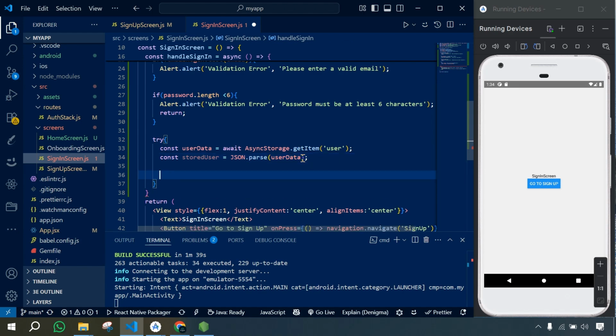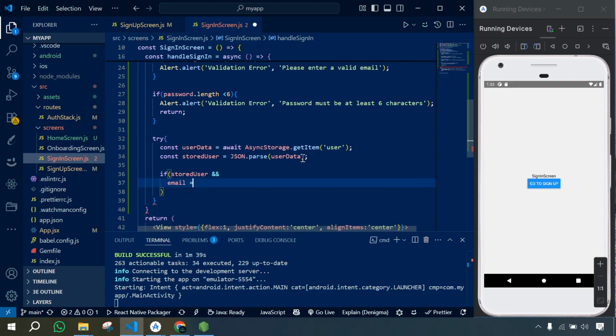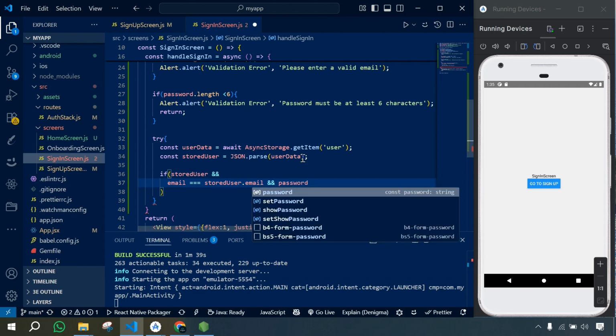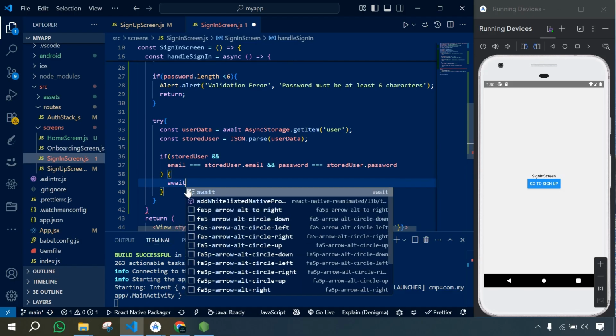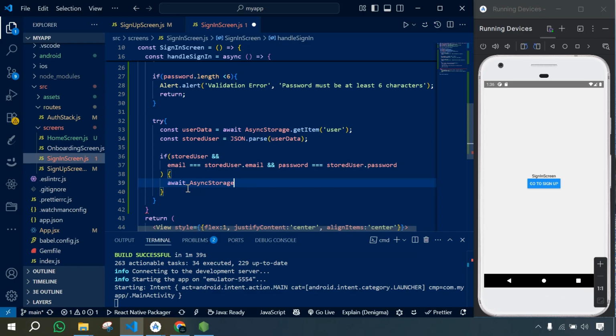And then here we'll create an if else condition. So if storedUserData and email equal storedUser.email, and then password equal storedUser.password, and then here we'll type await AsyncStorage.setItem isLoggedIn,